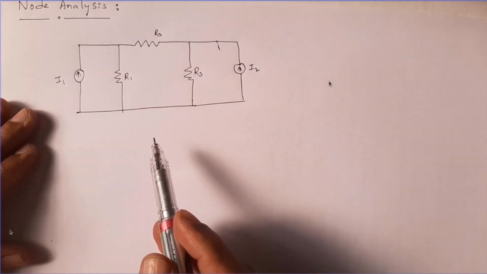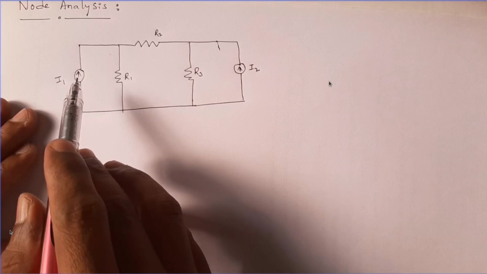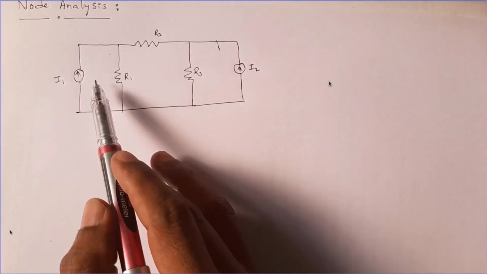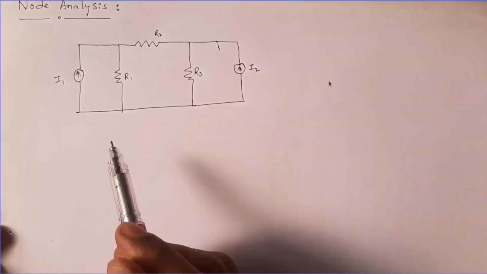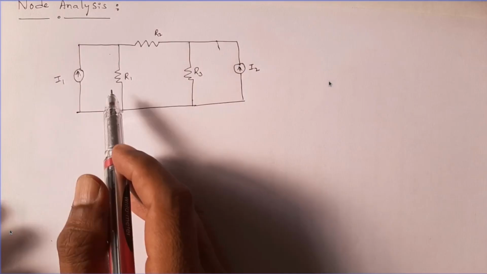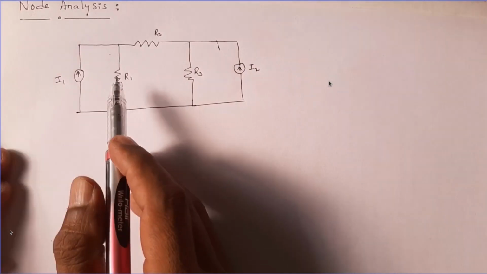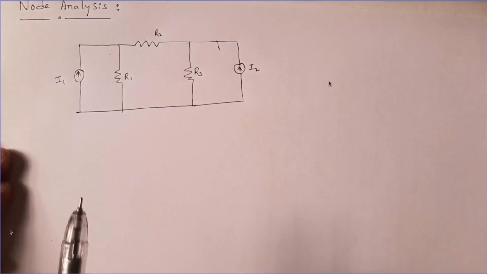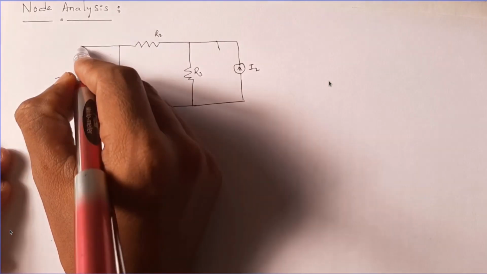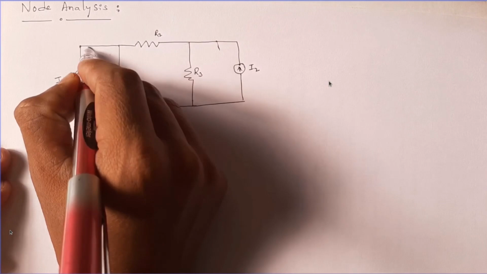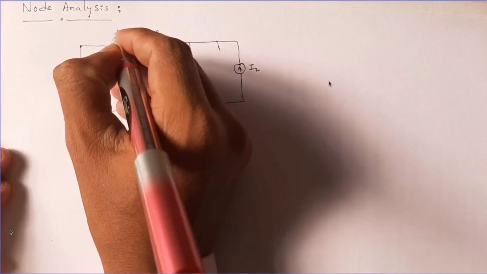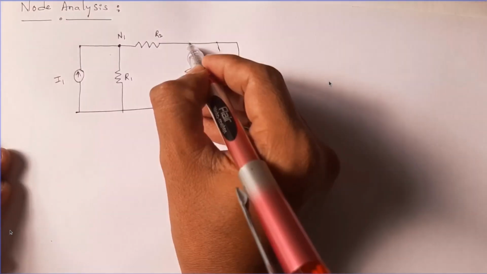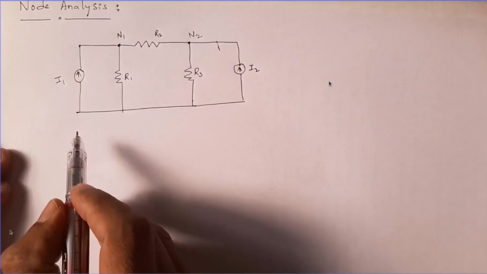That's the analysis. Here dear students, if I apply mesh analysis to this, there are 3 meshes, and even this network can be reduced by using source transformation. But I am going to use the node analysis method to solve this network. So how many nodes are there? A connection between 2 or more elements means you could consider this as a node, but not here, because this is not a branch, this is just a short circuit. So there is one node here which I term N1, there is a second node here which I term N2, and there is one more node, dear students.